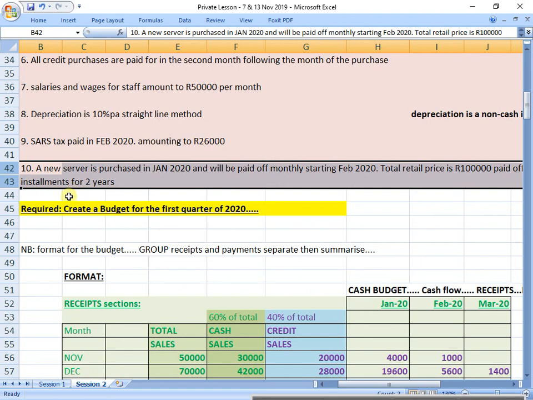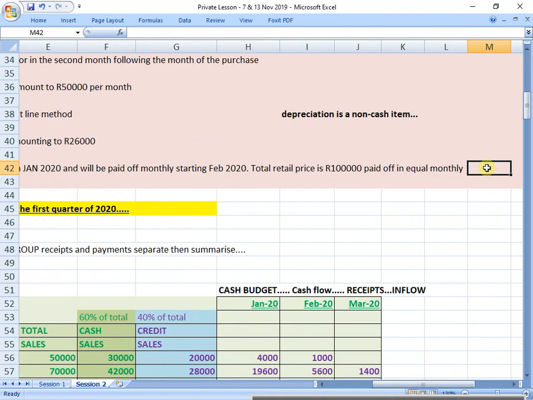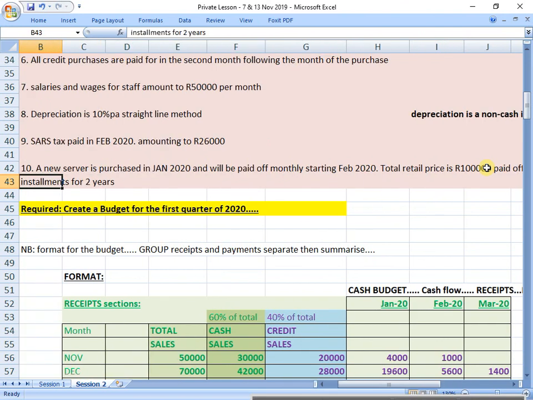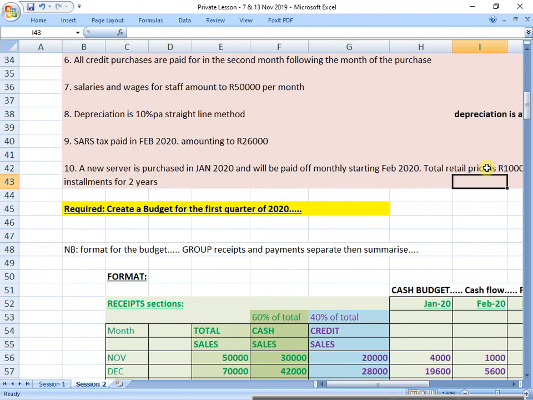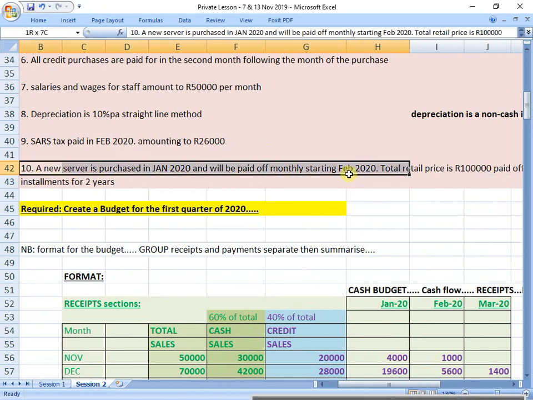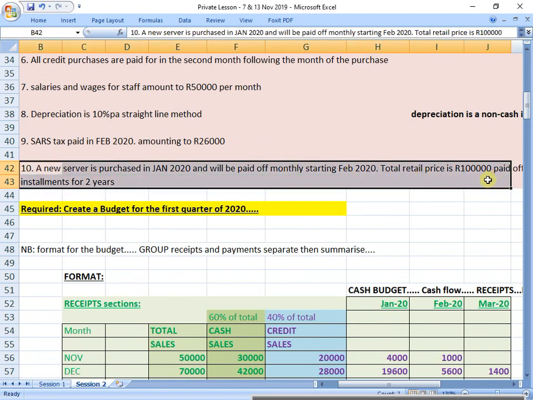starting February 2020. The total retail price was 100,000, paid off in equal monthly installments for 2 years. Okay, this requires some mathematics. So if I'm going to pay off 100,000 over 2 years and I start paying it off monthly in Feb,